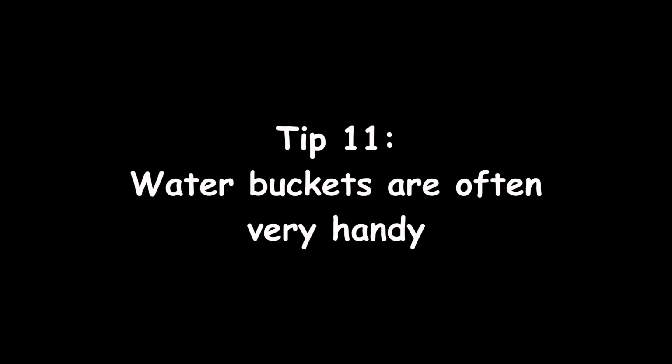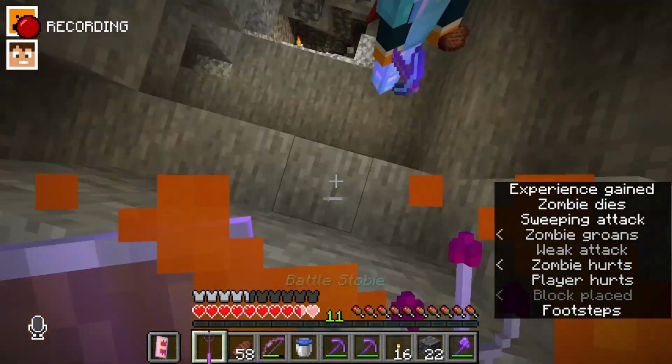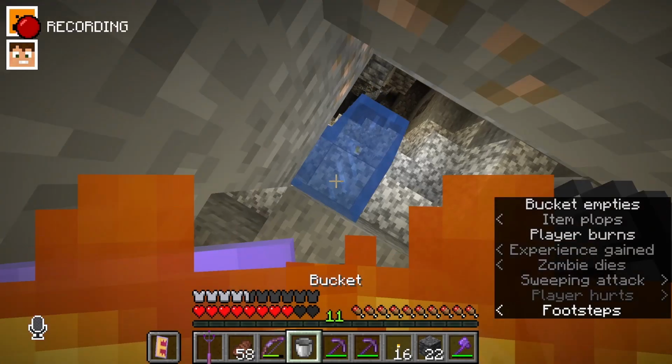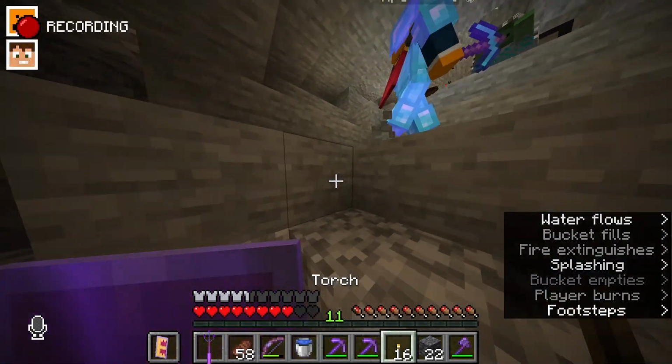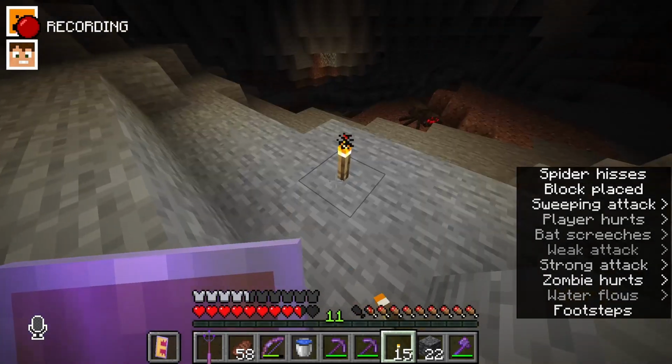Tip 11. Water buckets are often very handy. Oh, we're back in the stone layer. Another good tip. Use water when you're battling zombies, and sometimes if you hate the fire aspect back...